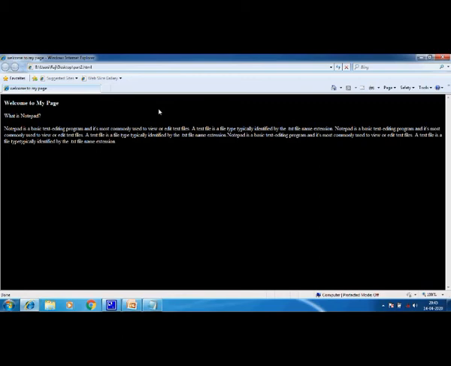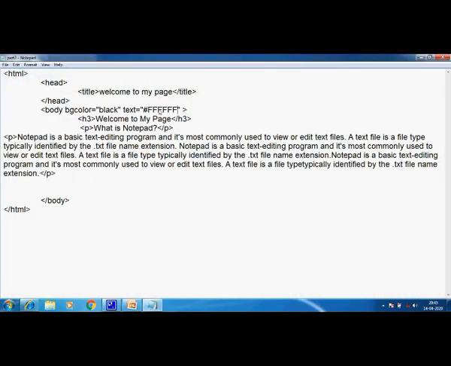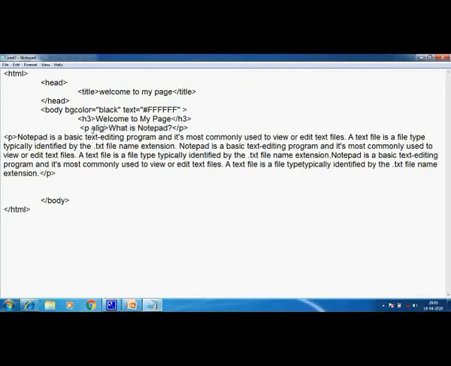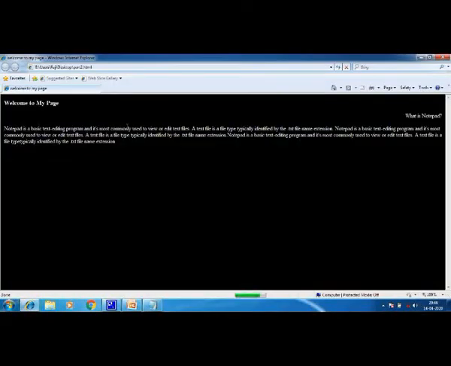Now we'll come to the p tag and we'll change the alignment. Let's see what happens over here. Align is equal to right. Press F5. See, it has gone to the right side. Now you can understand the align attribute, children.